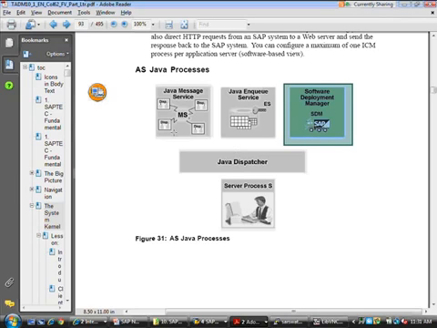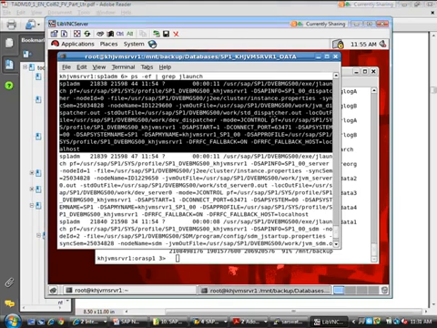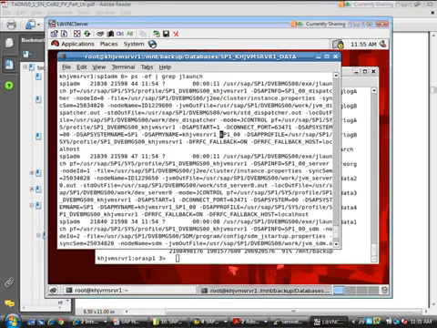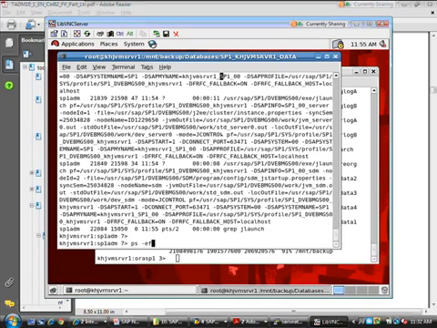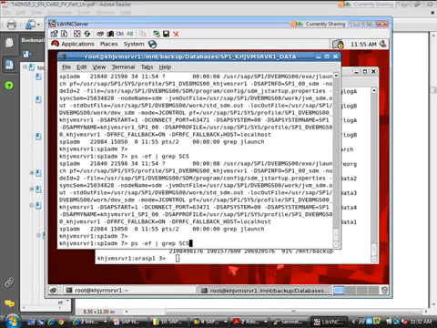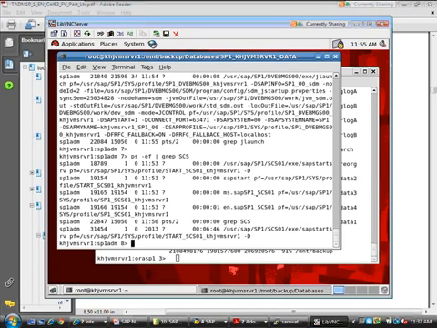In addition, there is a central services instance running, which has a message server and an enqueue server for Java. So we can look at those also. If I do ps -ef grep scs, system central services, I see both of those. Message server is this, ms. Enqueue server is this. So even those 2 processes are running.